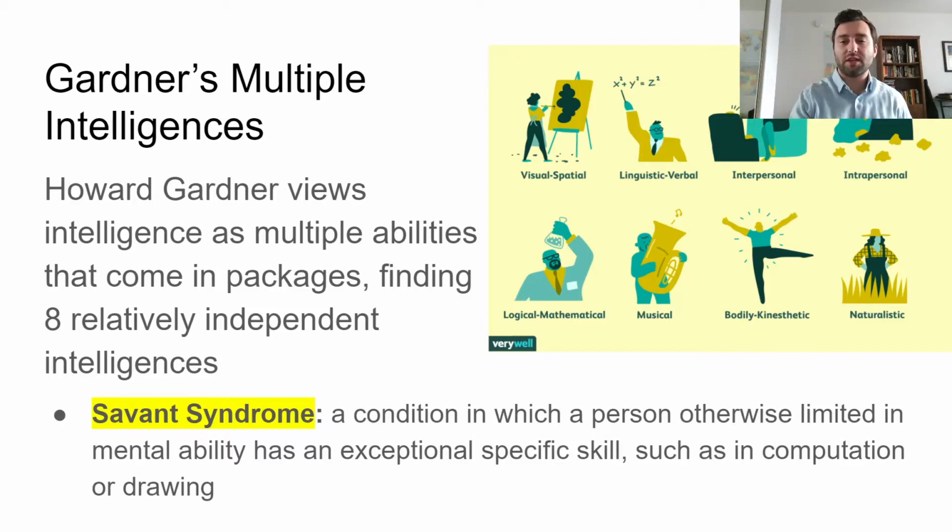So savant syndrome is basically where a person has what is called an otherwise limited mental ability. So on an IQ test, they wouldn't score super high. They struggle maybe even in their ability to care for themselves, or they have some sort of disability, maybe like autism or something similar to that. But what makes them a savant is that although they have, generally speaking, low mental abilities, they have one thing that they are incredible at, right? Exceptional. They are beyond the normal person.